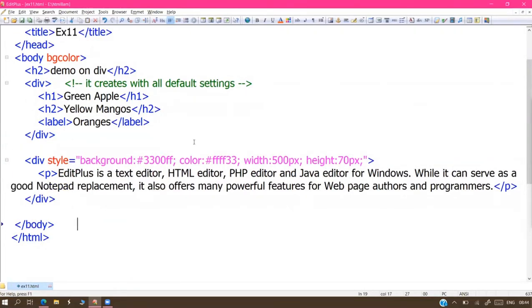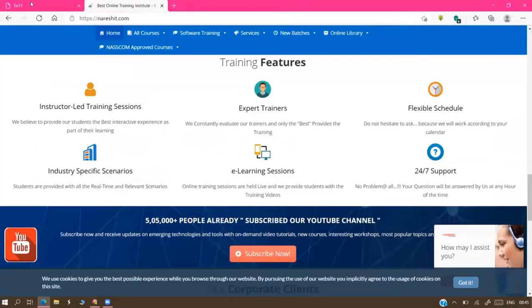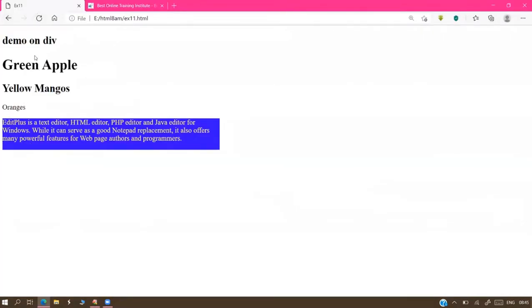Okay, I'll explain that program. Before that, I'll show one more point in this previous example. A division tag generally comes on the left side of our web page. The division tag is displayed in the left part of our web page. That is the default alignment, and not only for the division tag. Throughout HTML, alignment is always on the left side.